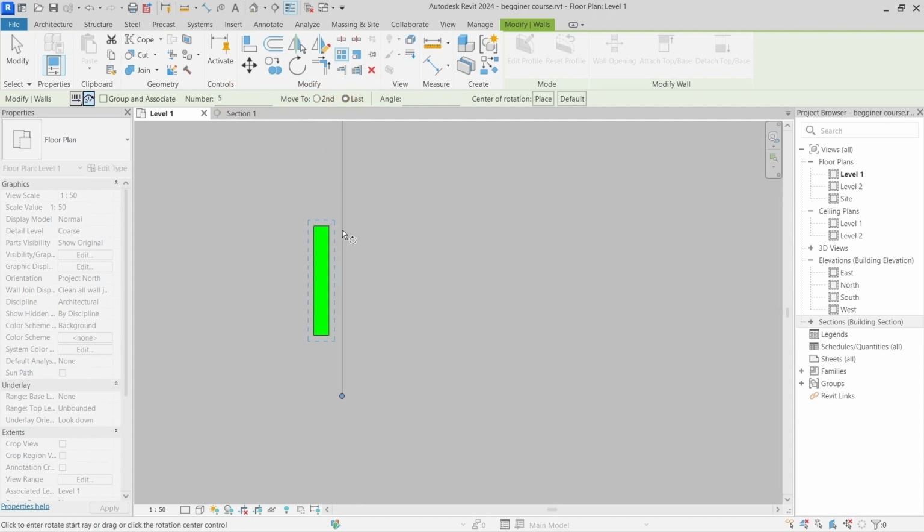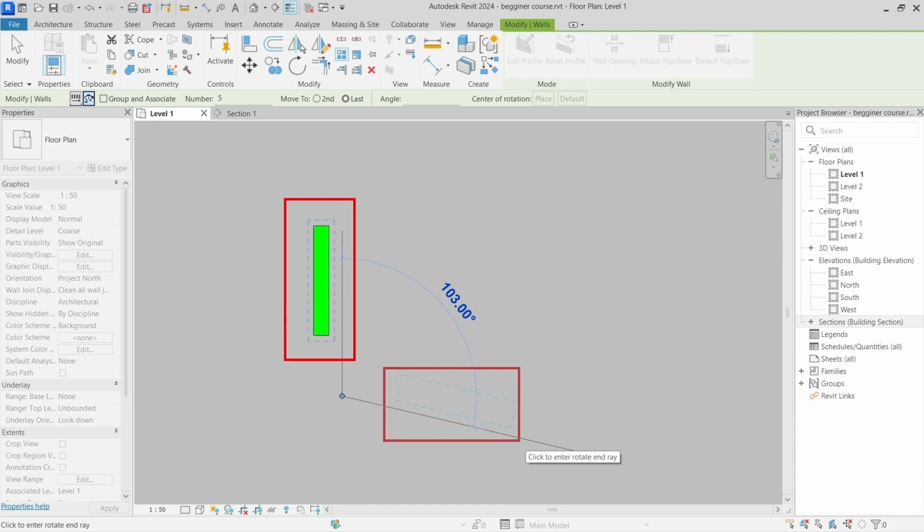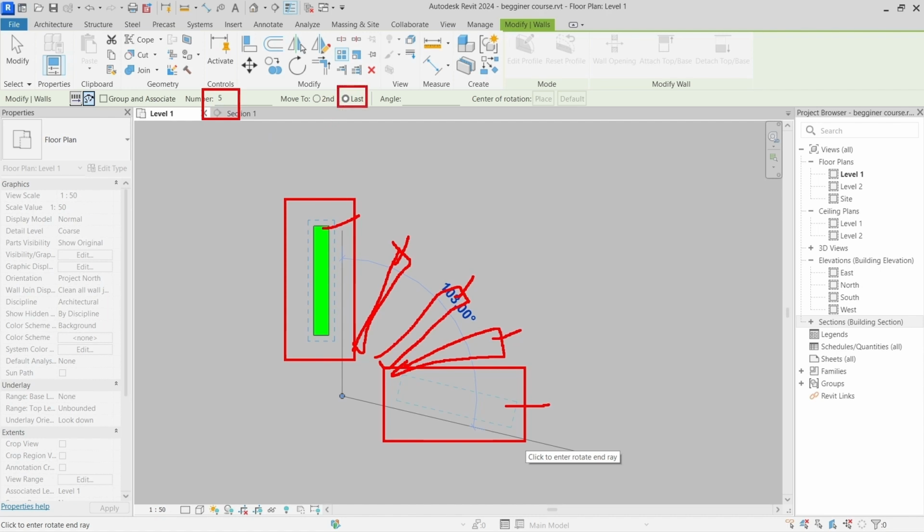So I will go with my first and my last position. You can see that this is the position of the first element. This is the preview of the position of the last element. So it will create between this and this element elements like wall here, and wall here. And it will be a total of 1, 2, 3, 4, 5 of them, because I have it set here. And because it is the setting of the last, it will be between the first and the last